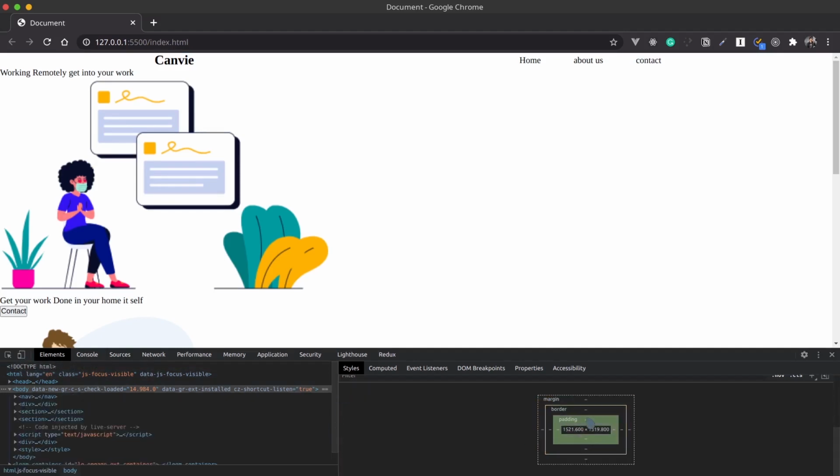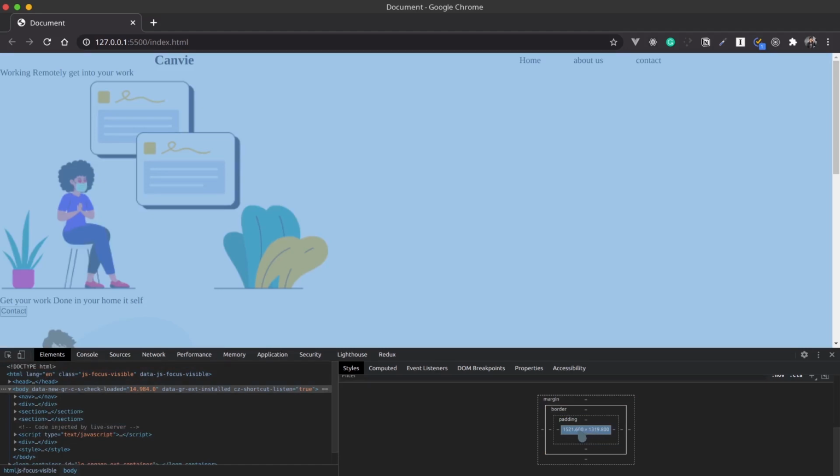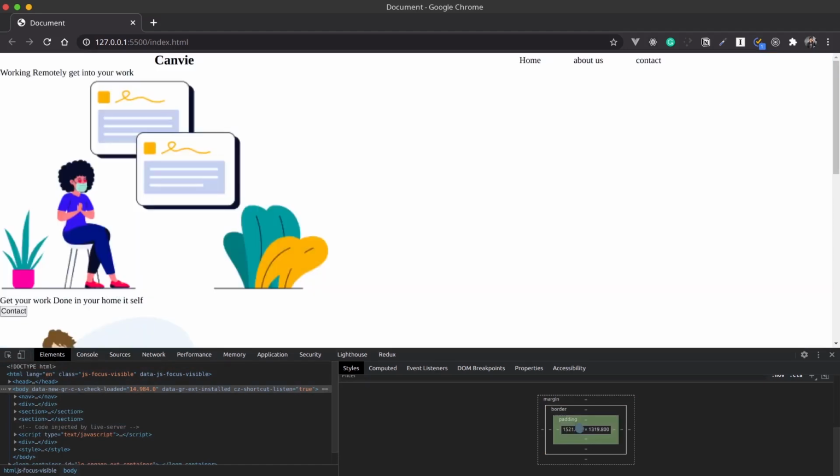Hit Control Shift I, it will open the inspector tool. I'll show you. So basically this is the whole page, and above that we have padding and border and margin. When you take a page, you'll draw the four sides margin, then the border, then padding means we are adjusting the things consistently to look better.